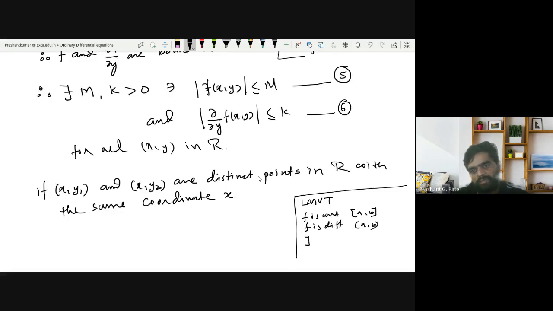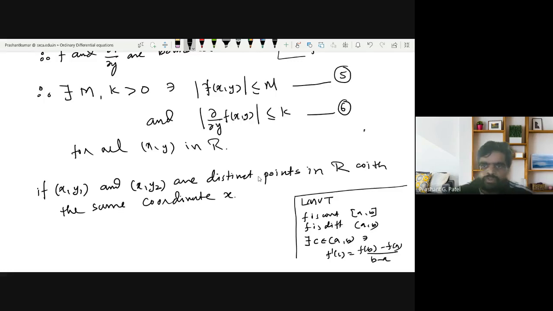Then there exists some value c in between a and b such that f'(c) is equal to (f(b) minus f(a)) upon (b minus a). So as per this Lagrange mean value theorem,